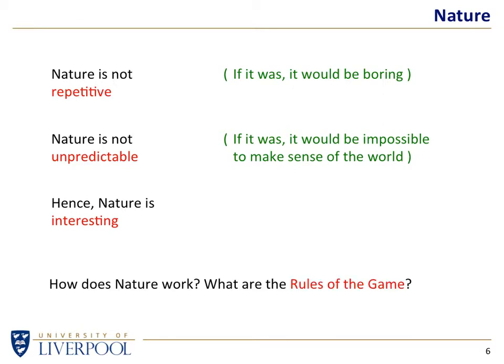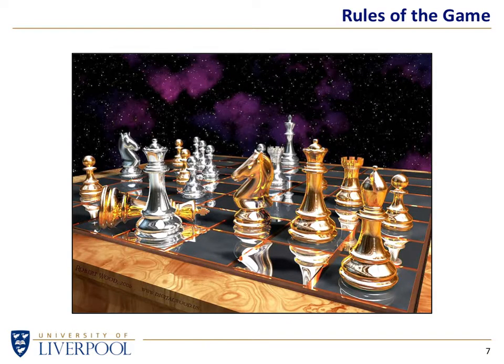But how does it work? How do we know how the universe works? How can we tell how the universe works, given that we can't watch it evolve over 13.8 billion years? One way of thinking about this is not to talk about the laws of physics, but just to say the universe behaves a particular way. What are the rules that govern the way the universe works? What are the rules of the game?